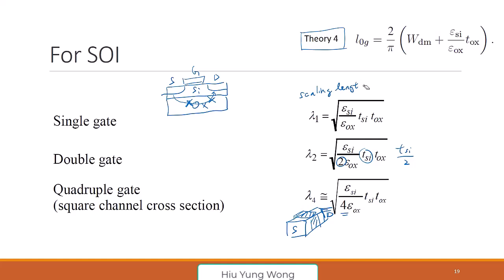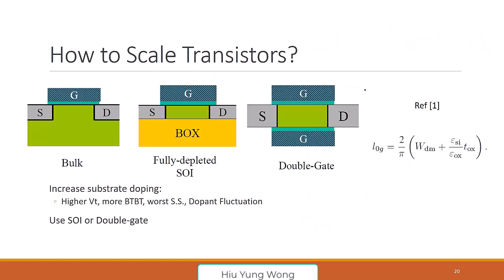So if we can add more gates, we have better gate control, then we can scale the transistor even smaller. This is another theory. So now we know that basically